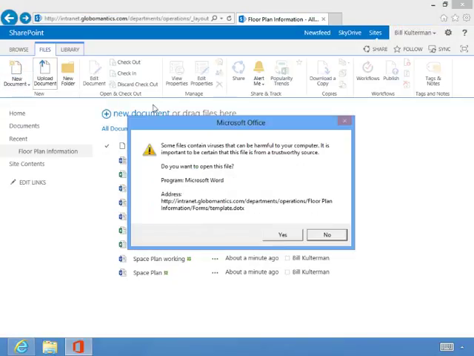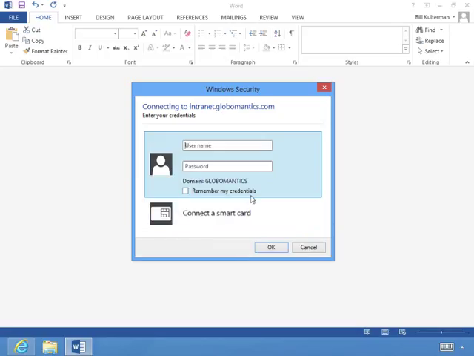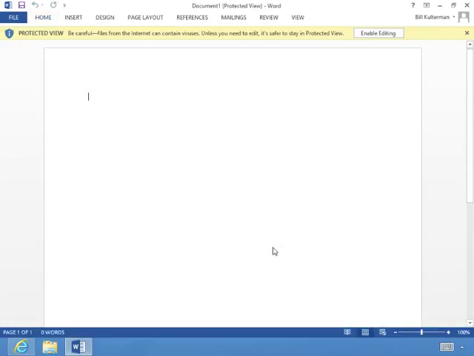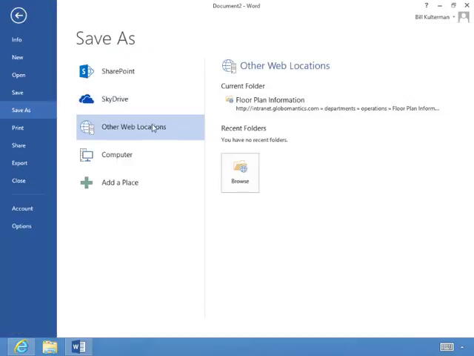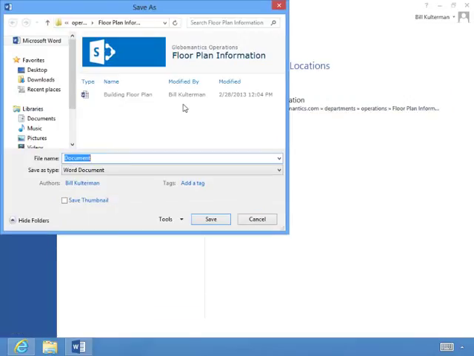So I'm going to click here, and it's saying, do you want to allow to open this file? Yeah, that's fine. It's going to go ahead, open up Word on my computer and get me here and choose OK. I will enable editing, and now I can go ahead and create a document. I'll simply put in document. I will save it. I can save it right here to my current folder. I'm going to call this one test. Save, and